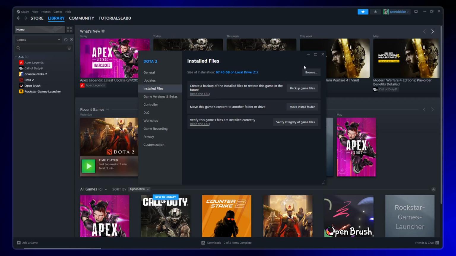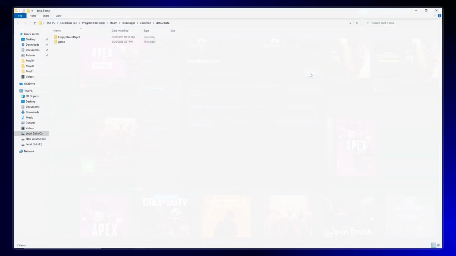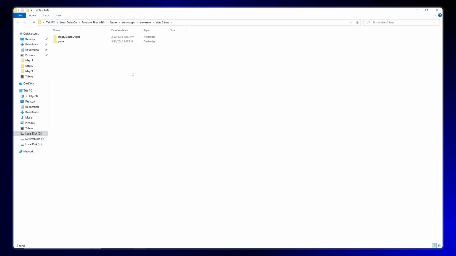In the Installed Files section, you'll see a button labeled Browse. Go ahead and click on it. This action will open a File Explorer window that takes you directly to the game's installation folder. This is a quick and efficient way to navigate to files that would otherwise require manually searching through your system